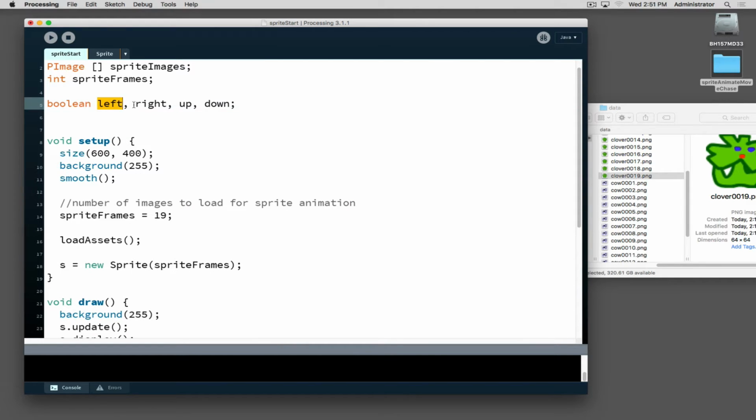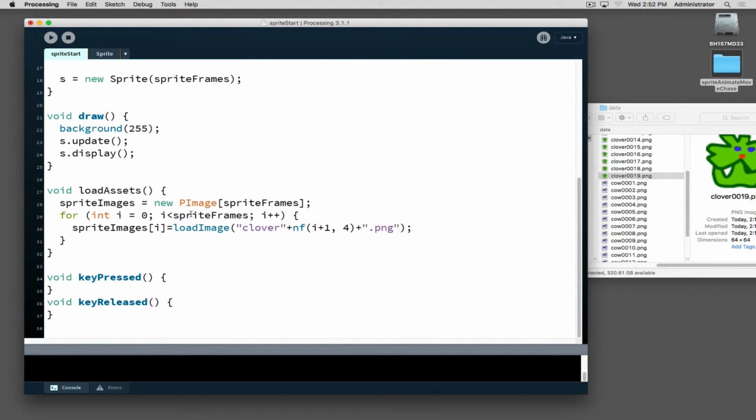Now, there are 4 Booleans, and what we are going to do is set these values equal to true or false depending on when a key is pressed. So when the left key is pressed, we want our Boolean left to be equal to true. When you release the left arrow key, we want the Boolean for left to become false. This is a way that we can then better work with this, because we could set it up so that when we press a key, we have to wait for the key repeat rate before our object starts moving, and that causes no end of headache. So if we just say when a key is pressed,